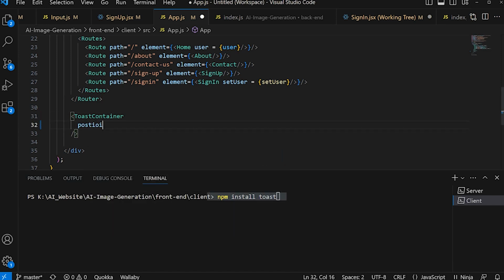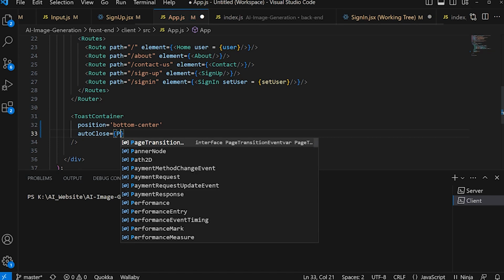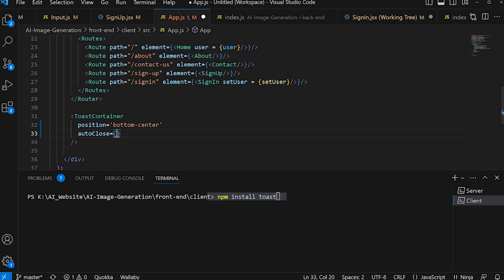So the first thing that I want to do is give a position to my toast container, and this is going to be bottom center. You can choose any position. If you're going into these websites, you can put it on the left corner, right corner, left bottom corner, and so on and so forth. But of course, I'm just going to go on the center bottom part. Okay, I'm going to say auto close. How many seconds do I need to wait before